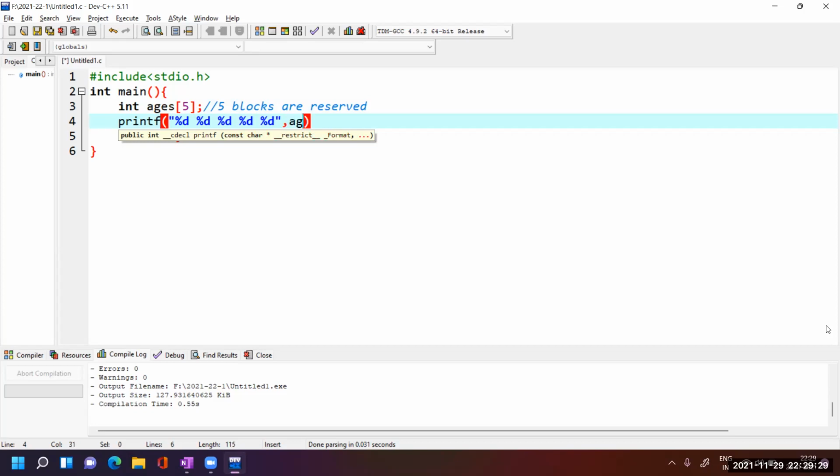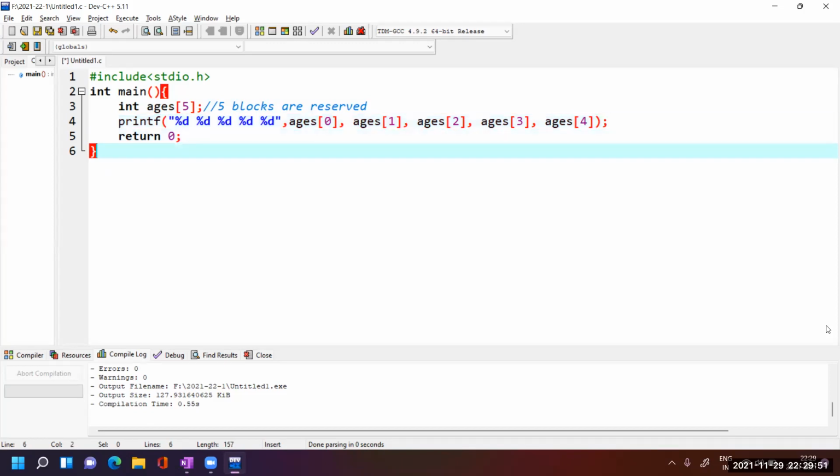And how to get each value? Ages of 0, first item. Ages of 1, second item. Ages of 2, third item. Ages of 3, fourth item. And the last one, ages of 4, I get the fifth item.